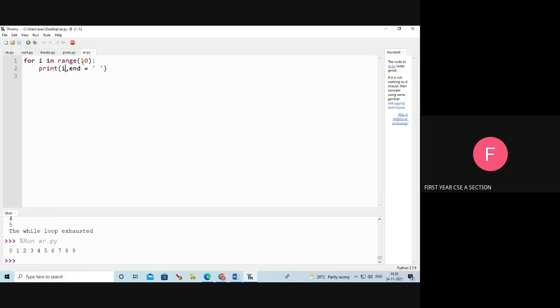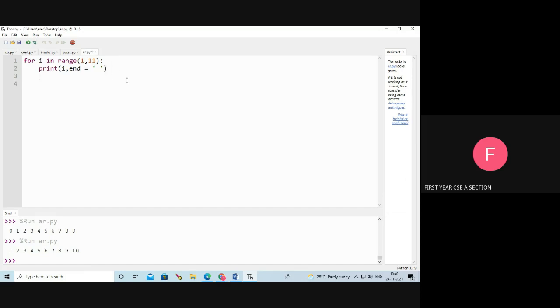The range values printed are 0 to 9. Otherwise, if I want to print the values from 1 to 10, what is the range value? 1, comma 11. 1, comma 11 means it will print i values 1 to 10. See, this is a for loop.